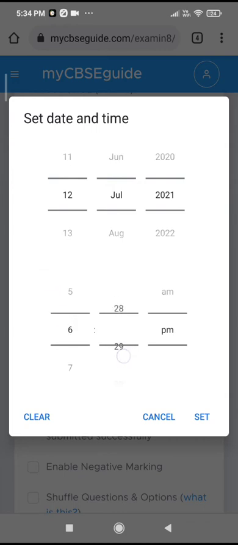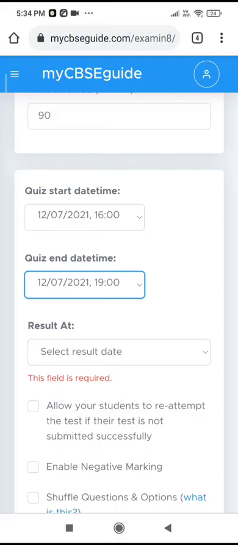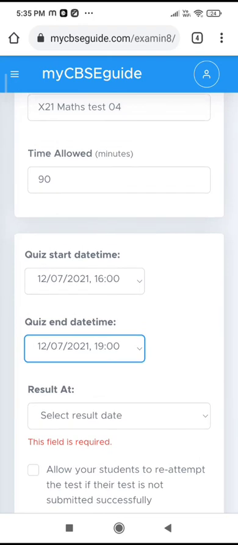Why am I keeping the timing here 6 o'clock? Even though duration is 90 minutes, I am giving here 2 hours. So flexible time I am giving 2 hours. In that they can utilize 90 minutes. Or I can give 7 o'clock. See, if you observe here, 3 hours I have given. So in between those 3 hours, they have to choose 90 minutes. If they start at 4 o'clock, then the test will end at 5:30 automatically.